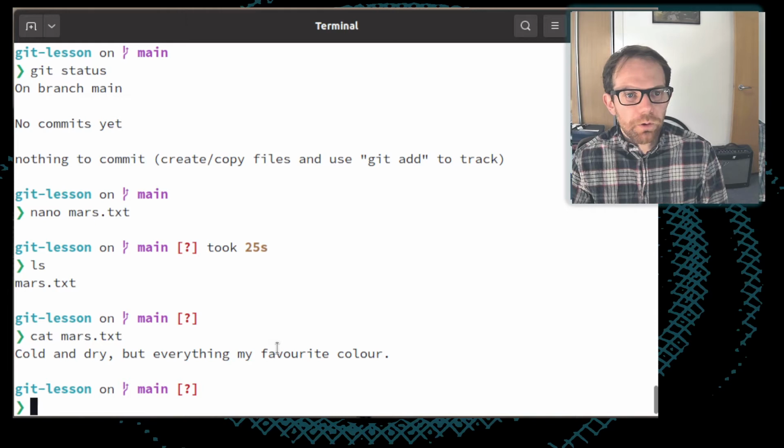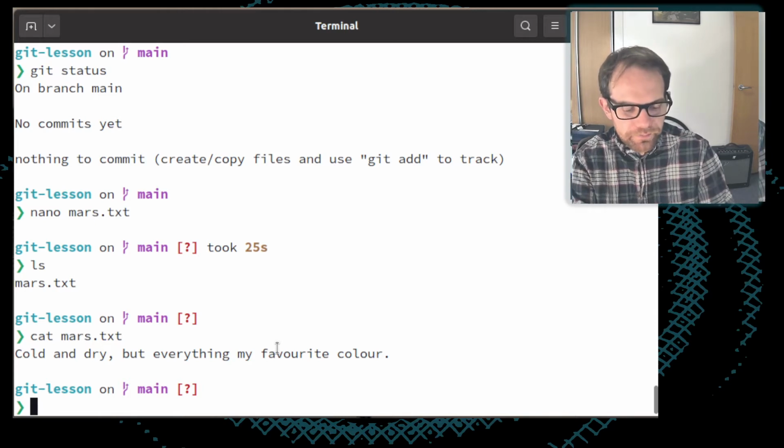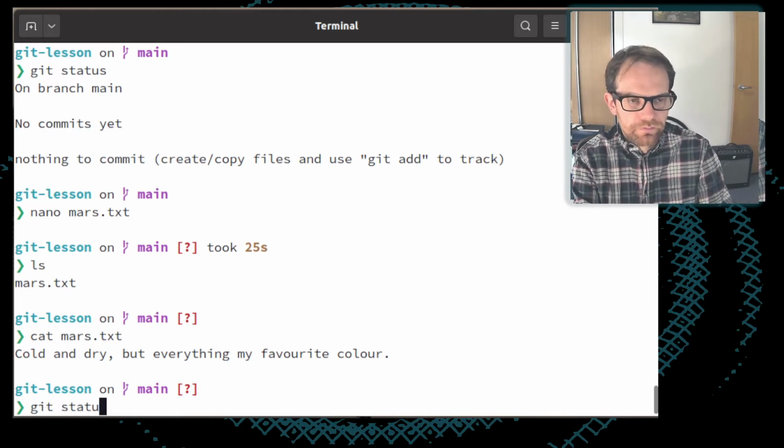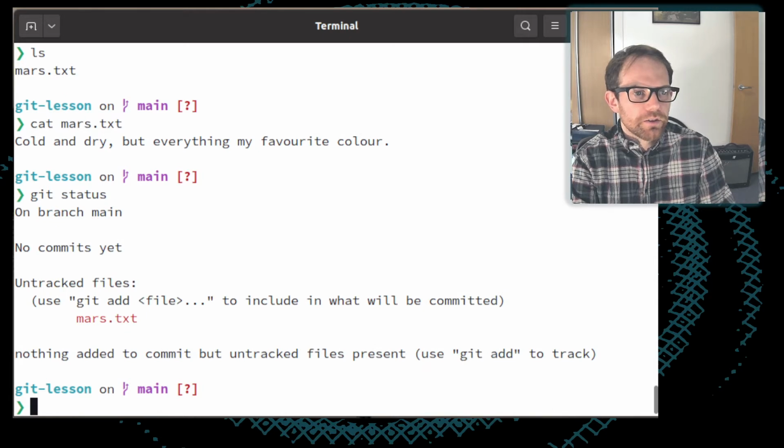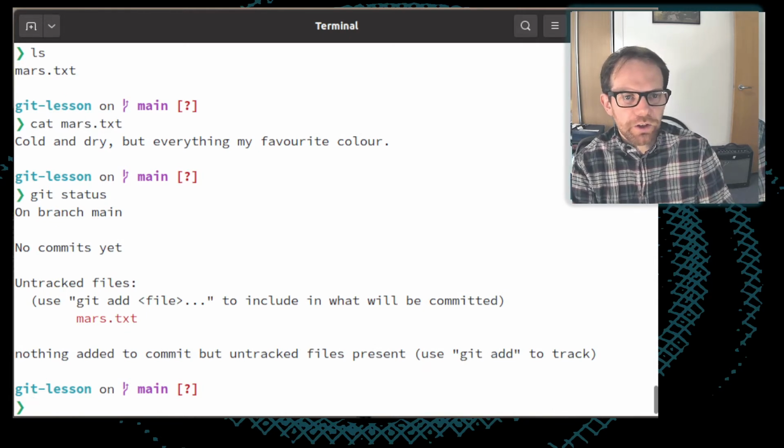Okay, so now what happens if I run git status? So I get told that there are no commits and that we're on branch main, but this time it tells me that there's an untracked file. So there's a file in this directory which Git doesn't know anything about except that it exists. And that's this mars.txt file.